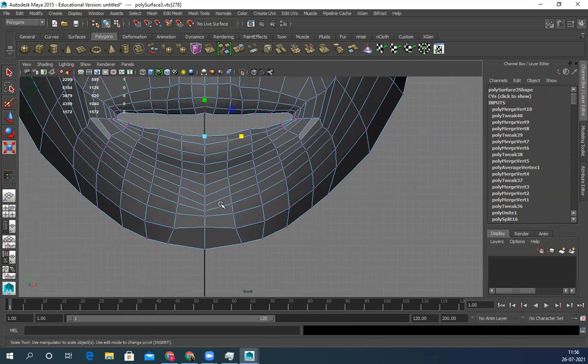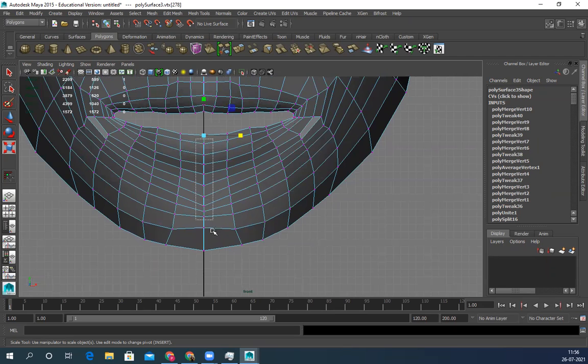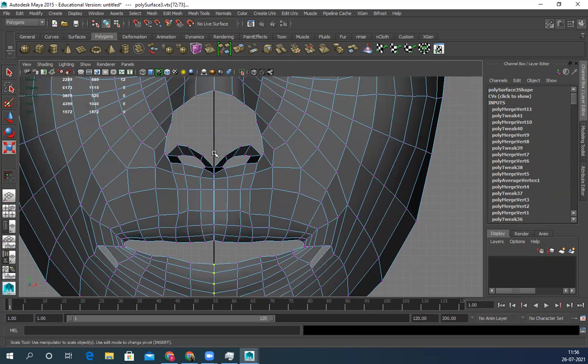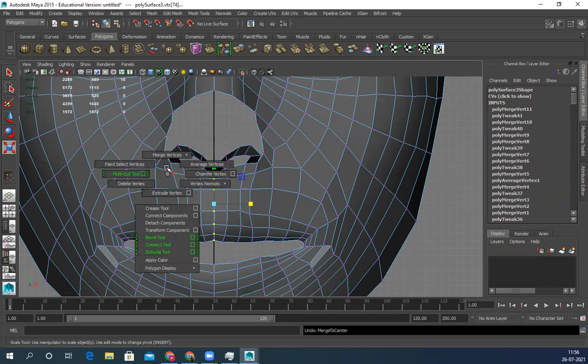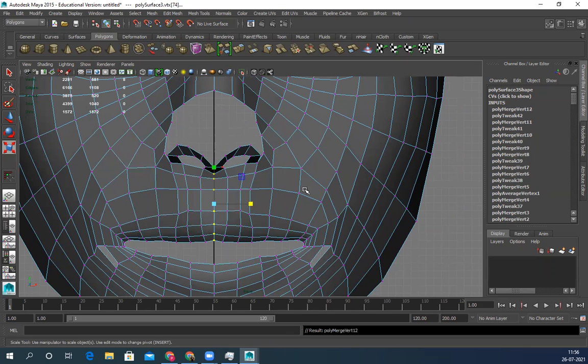So probably island will work. It should work. This right click has a little issue. Mouse right click has a little issue. Yeah, now it worked. Change the mouse. Yeah, now it worked.